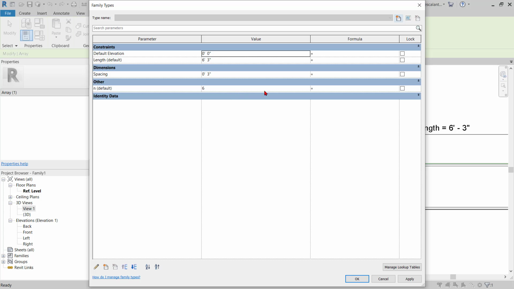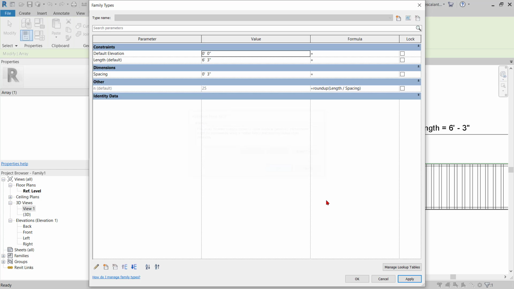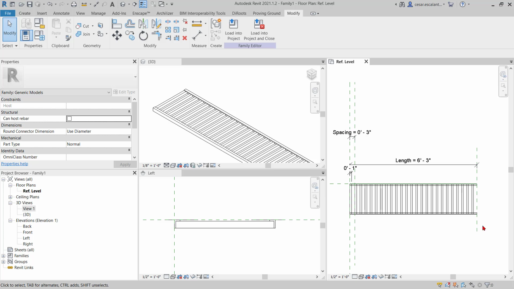And n, for the number of elements, is the length divided by the spacing. And because these may have some decimals, I'm going to round it up. Round up. This is always going to be an integer. Ignore this message, hit OK, and this is my